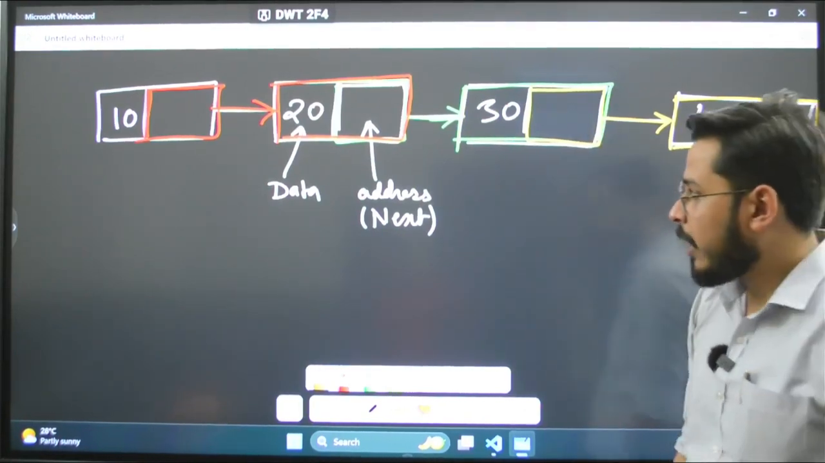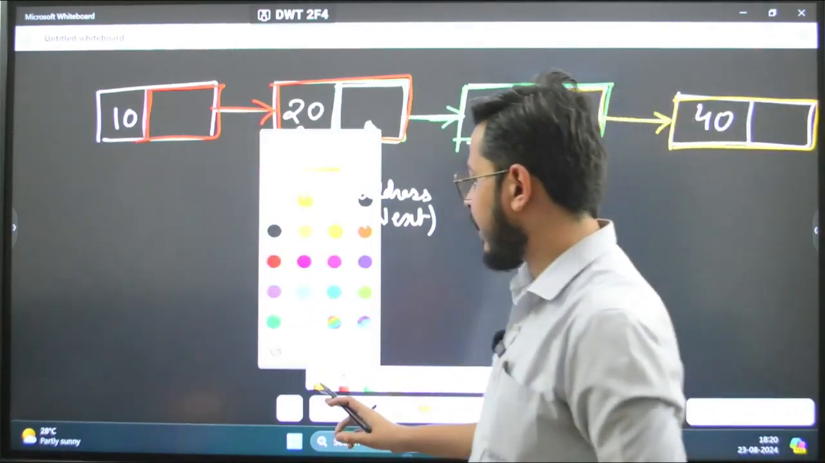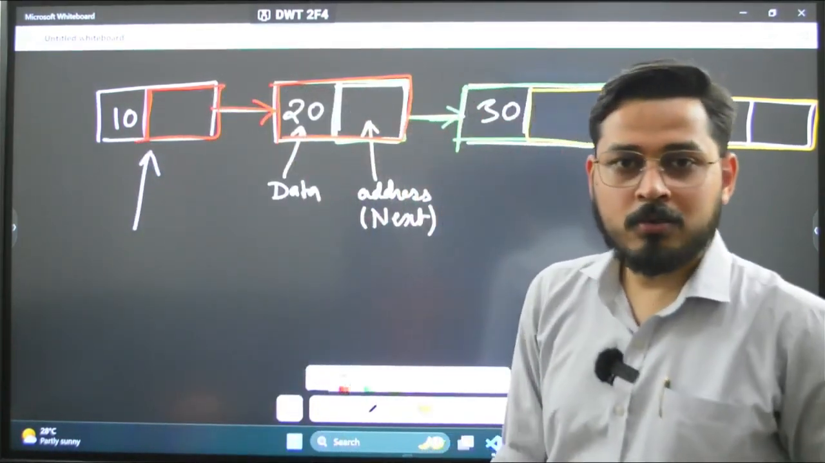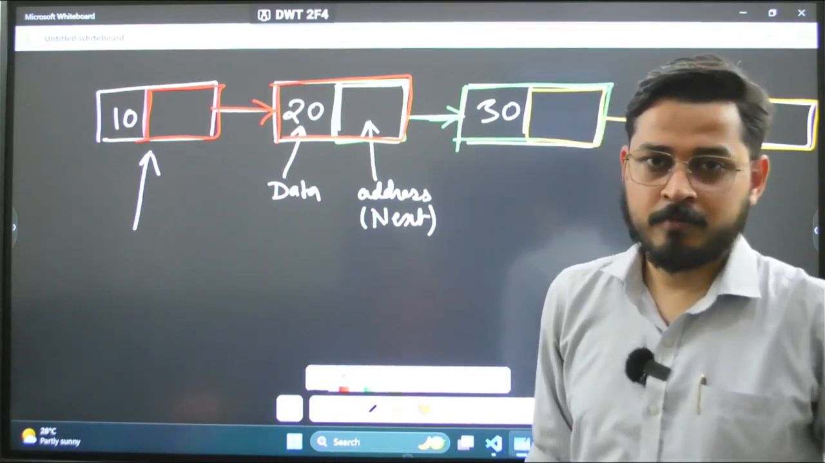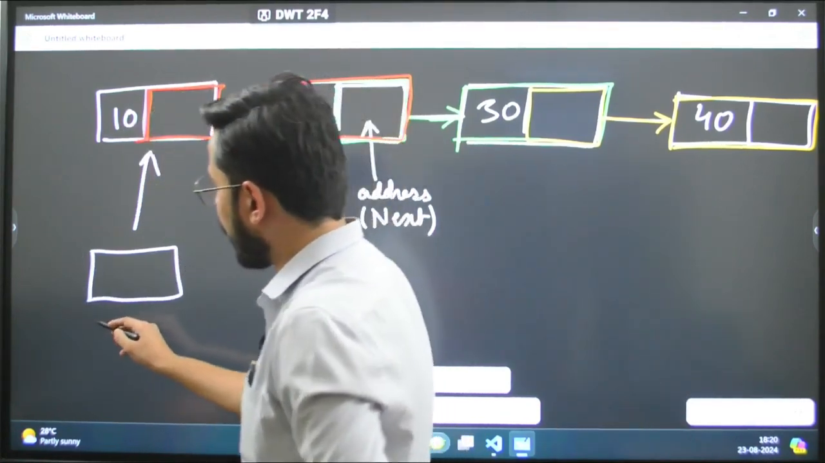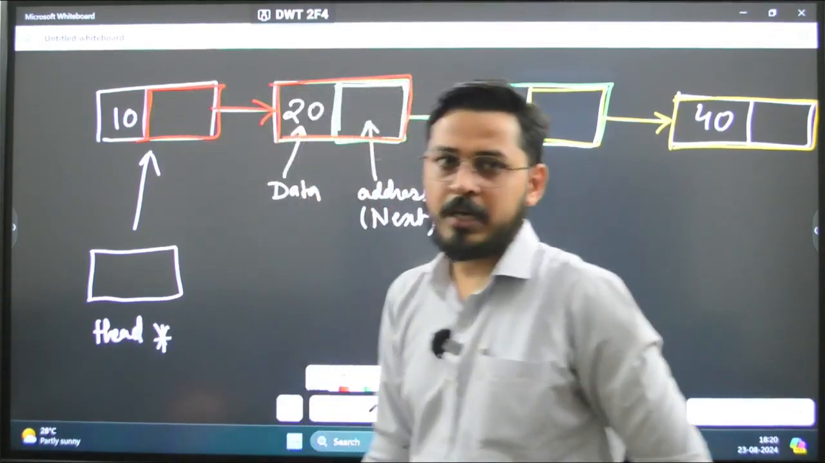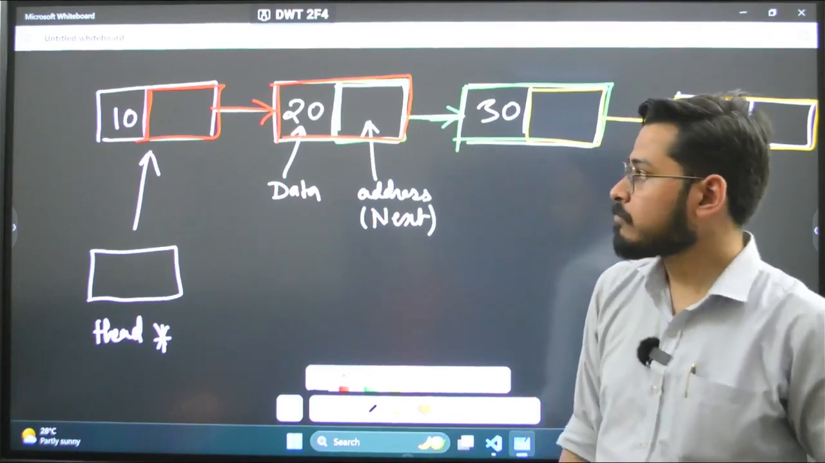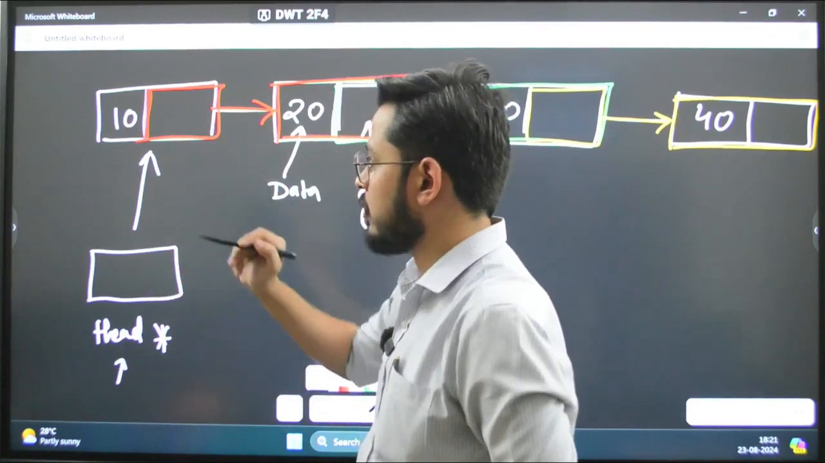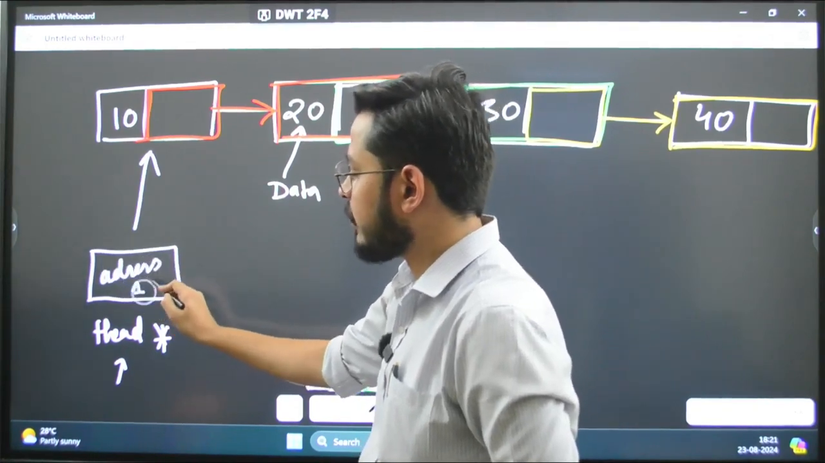Understood? Up next, we have to understand that this is our first node. How is it proved that that is the first node? There will be a pointer pointing towards the first node, and that pointer will be called the head pointer. If I am saying that it is storing the address of the first node, this will be the address of the first node,